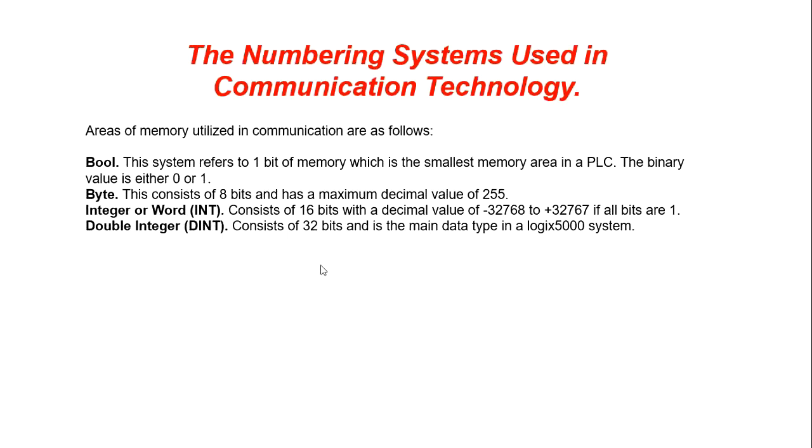Boolean, or 1 bit of memory, is the smallest area you can have. Value 0 or 1. A byte consists of 8 bits and has a maximum decimal value of 255. An integer or word consists of 16 bits with a decimal value of -32768 to +32767 if all the bits are 1. As you see, there is a relationship here between binary and decimal, and a double integer is 32